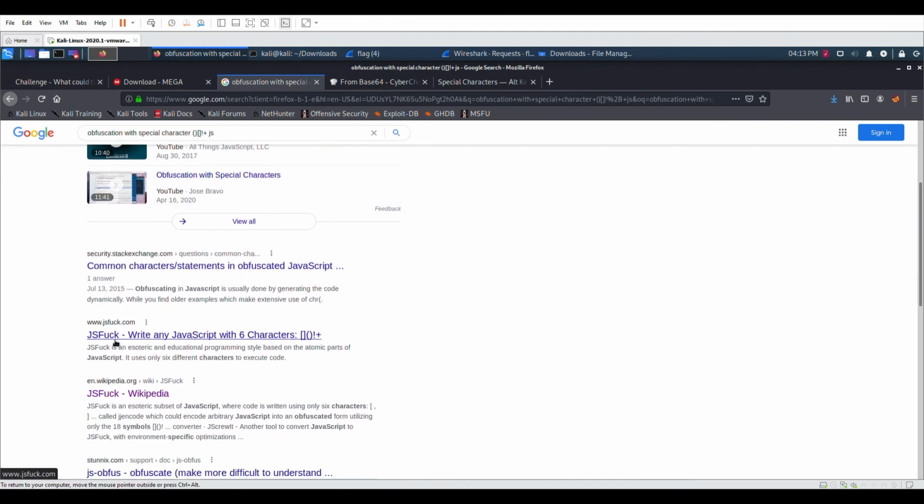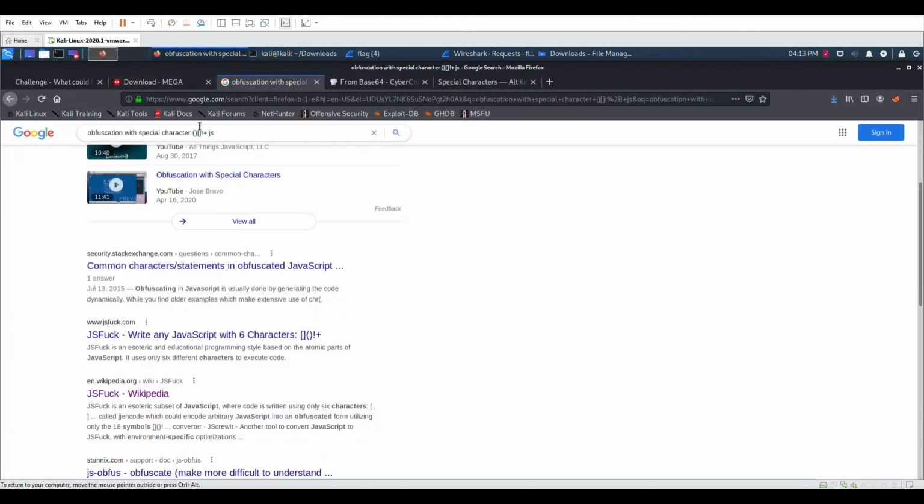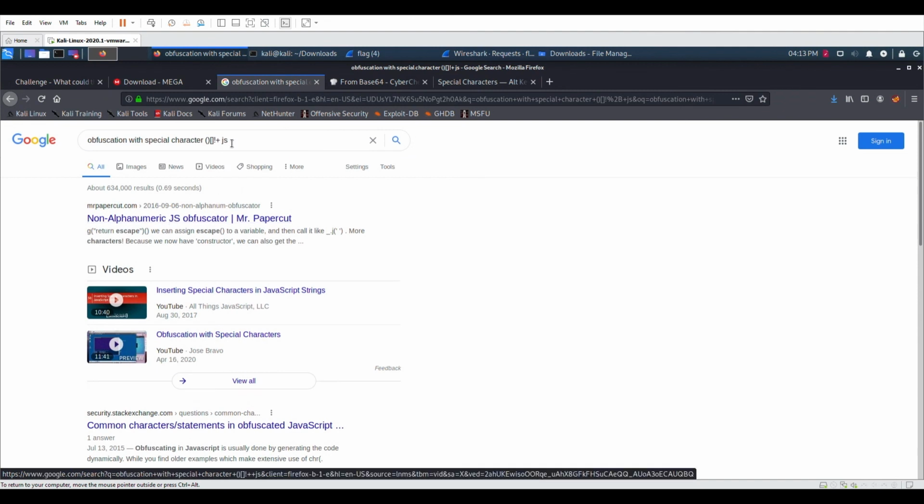We see JSFuck, write any JavaScript with six characters, and that's exactly what it is, right? We see the two characters. So this character, what is it called? The blocks thing, and the plus is brackets, exclamation point, and plus. So we could just Google